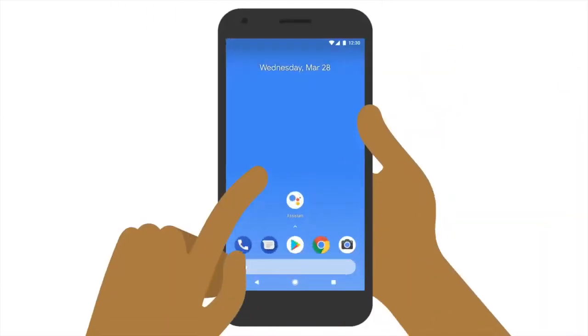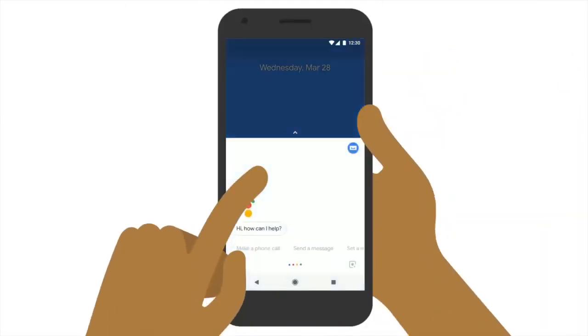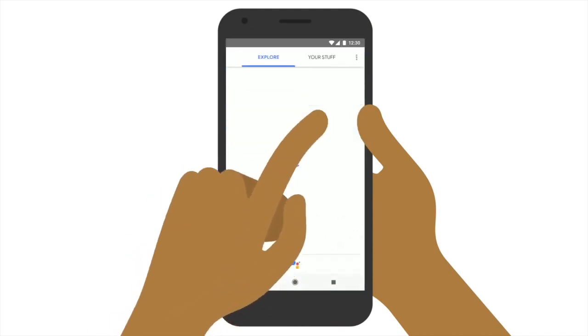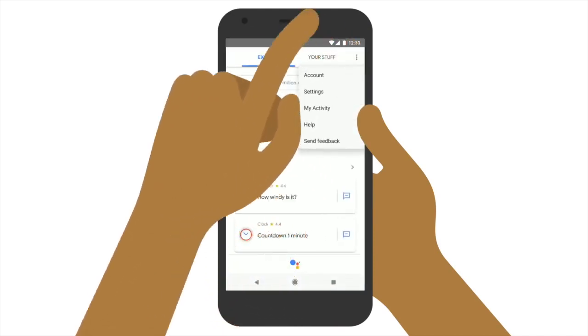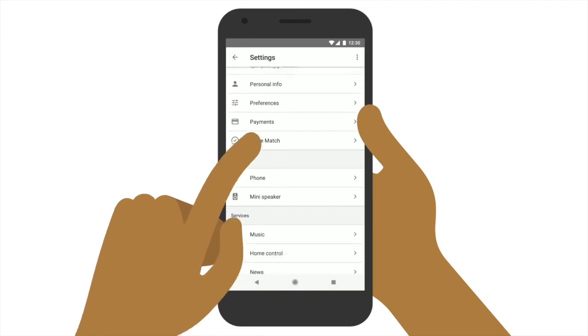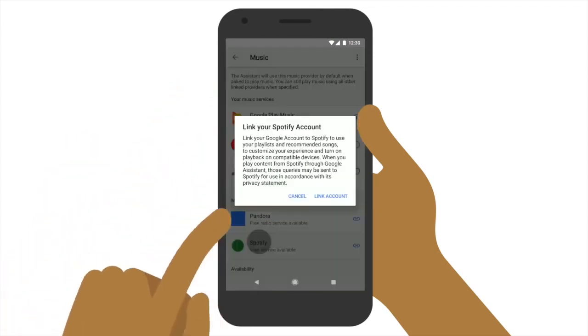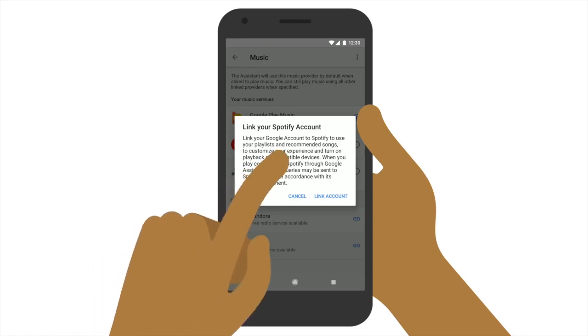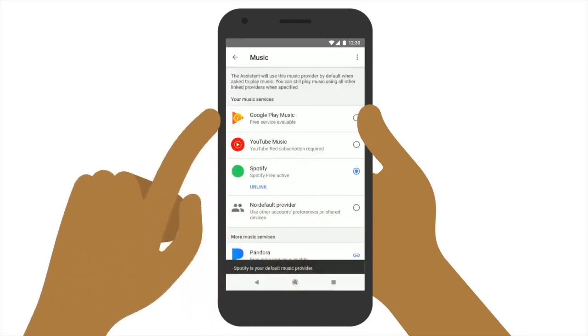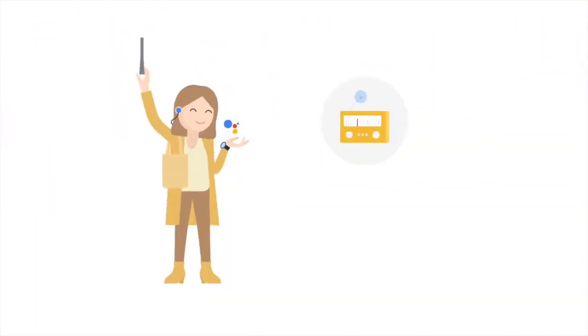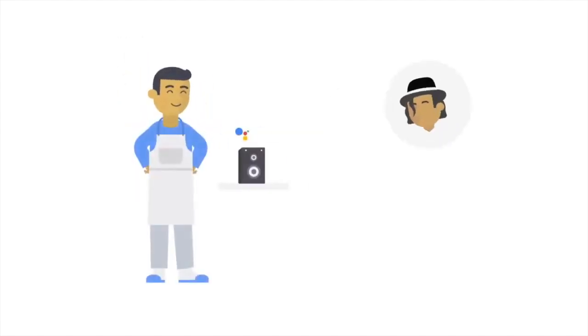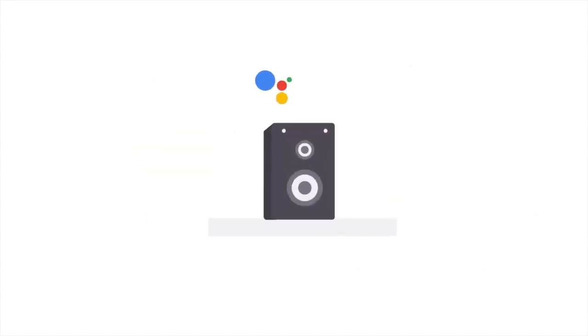To set up your favorite music streaming service, just open the Google Assistant app, tap the blue button, then More, and then Settings. Finally, scroll down and tap Music. Link your preferred account by signing in, and all your playlists are ready at your command. Your Google Assistant can play your favorite radio stations and podcasts, create playlists by artist or song, genre, or even your mood. It can also tell you about a song and make